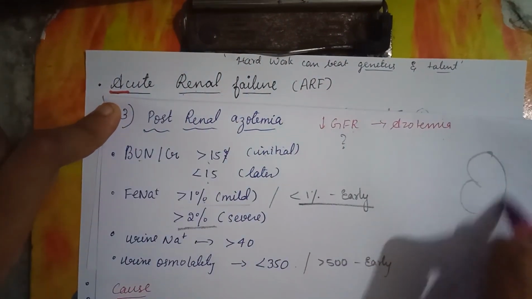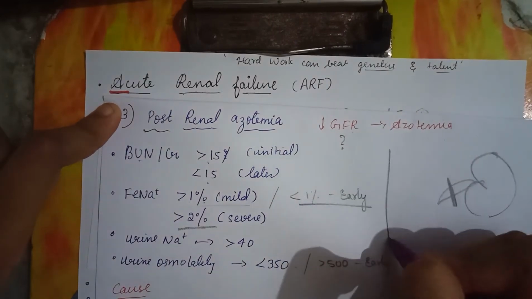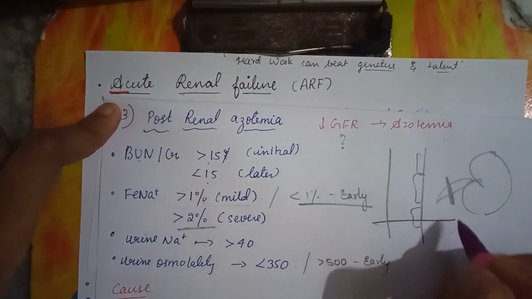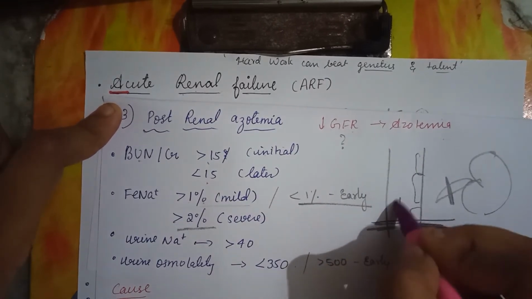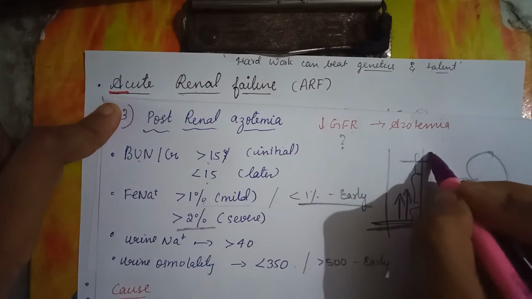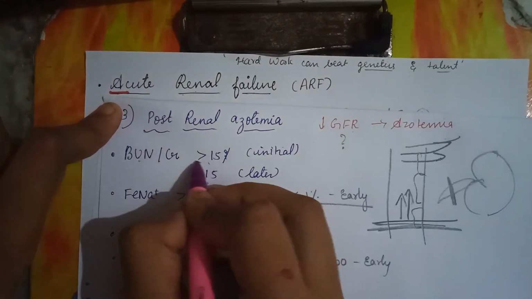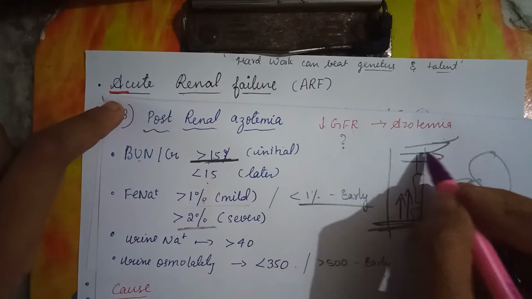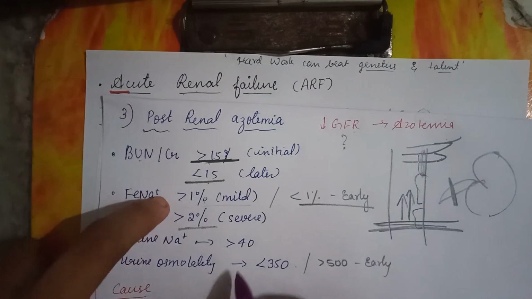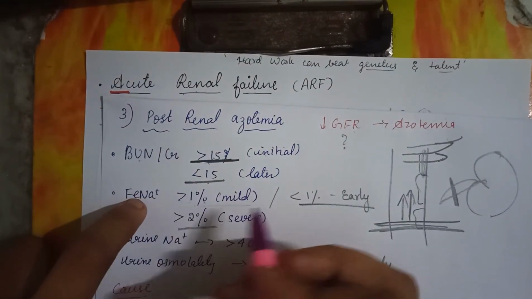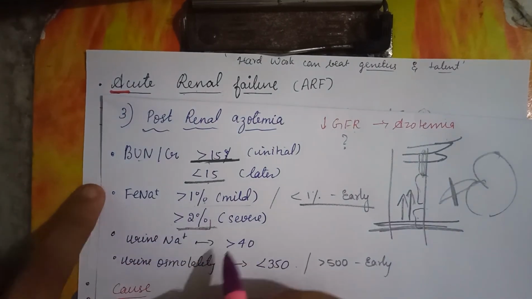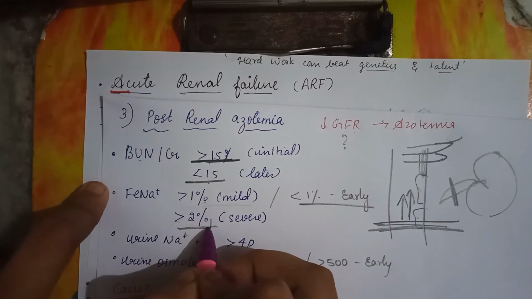I told you in the kidney it is mainly because of obstruction here. So when you consider this as your tubule, these are normal epithelium. Now there is obstruction here because of which there is increased back pressure. Because of increased back pressure, initially all the blood urea nitrogen is reabsorbed, hence the value is greater than 15. But later this will get damaged and there is necrosis, hence it is less than 15. In the same way, first it is 1%, but later because of necrosis or damage of epithelium, all the sodium is lost. Hence the value is more than 40 or greater than 2%.